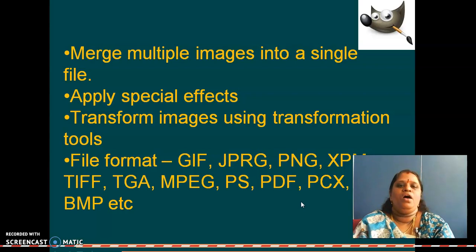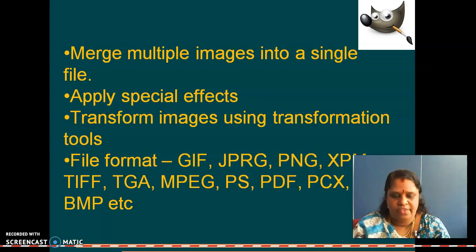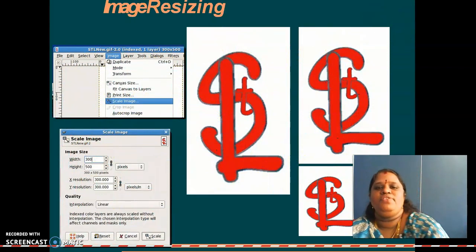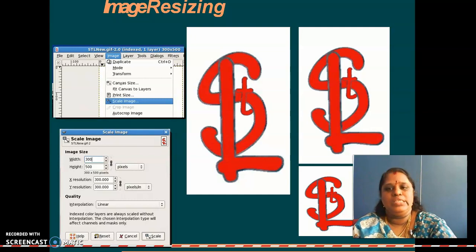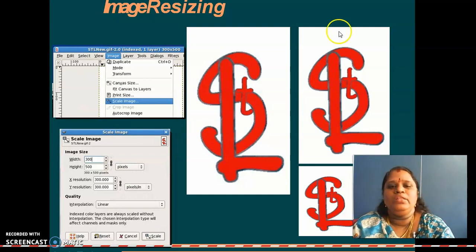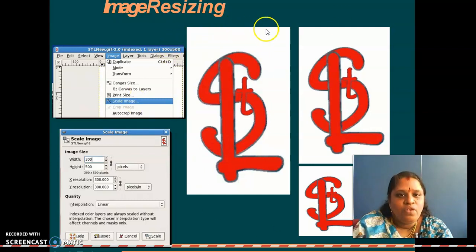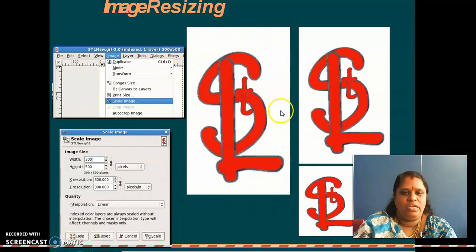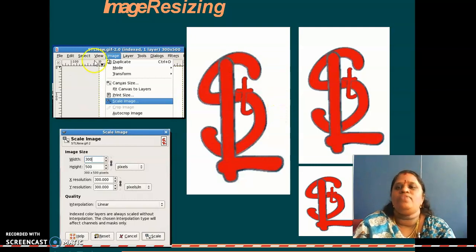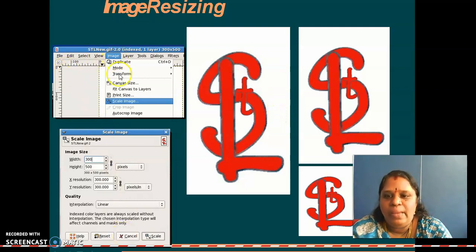Next, what are all the things the XIM software can do? Examples are given in the next slides. Image resizing. What is image resizing? See here, in this image, the size of the image is so big, right? You want to change the size of the image. For that, in your XIM software, there is Scale Image.